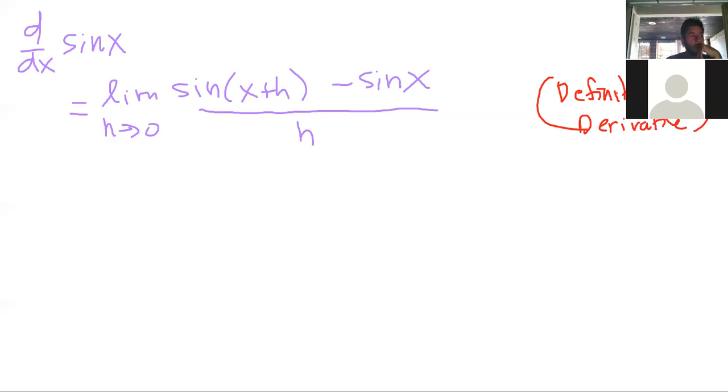Okay, now the first thing I'm going to do is take this limit, and as you know, I want to plug in h equals 0, but I can't because I can't divide by 0. So I have to come up with something else. And so what I come up with is I can take the addition formula to get the sine of that ugly thing inside of it, and maybe I can work with that. So if I use the addition formula,